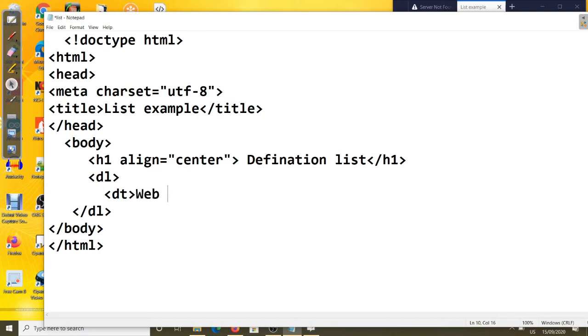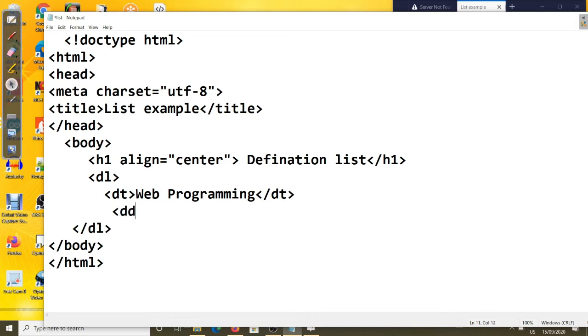I'm writing here web programming, close the DT. Then the DD, that is called the definition, DD.